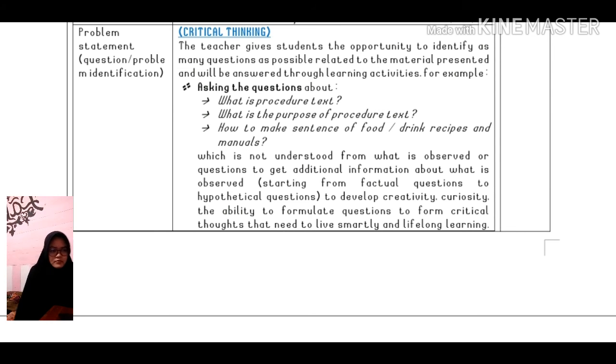For example, asking questions about what is procedure text, what is the purpose of procedure text, how to make sentences of food or drink and manuals, which is not understood from what is observed, or questions to get additional information about what is observed, or starting from factual questions to hypothetical questions to develop creativity, curiosity, the ability to formulate questions to form critical thought that is needed to live smartly and for lifelong learning.